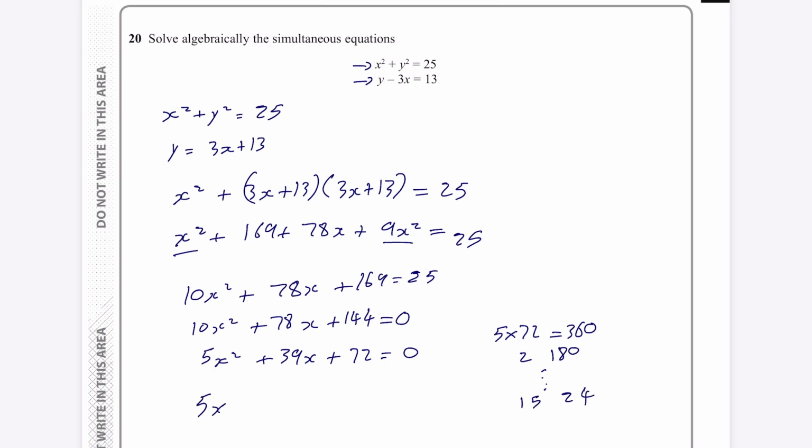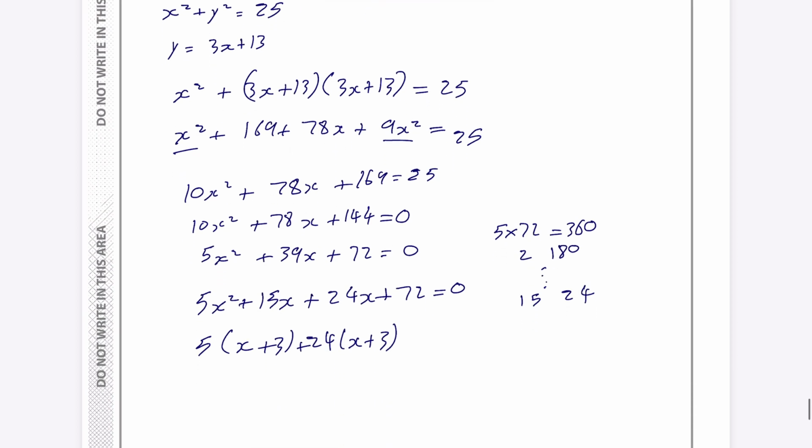So I can write this as 5x squared plus, it is quite a difficult question, this one, in terms of finding them two numbers, plus 72 is equal to 0, and now I can factorize this, so that'll be 5 bracket x plus 3, copy the x plus 3 here, so that'll be 24 there, so that'll be 24x plus 72 if you expand that. So this now becomes 5 plus 20, missed the x there, so that becomes 5x plus 24, and then that becomes x plus 3 is equal to